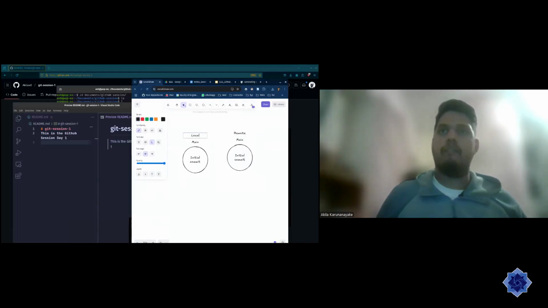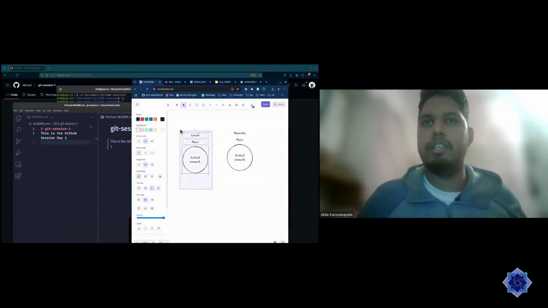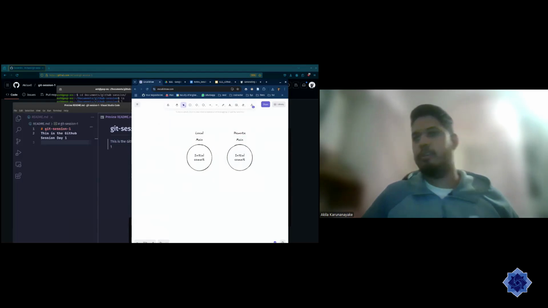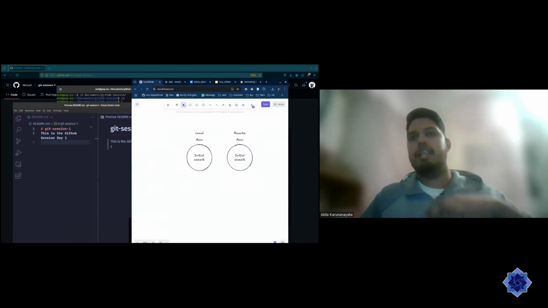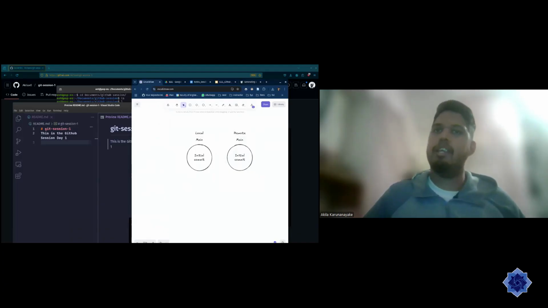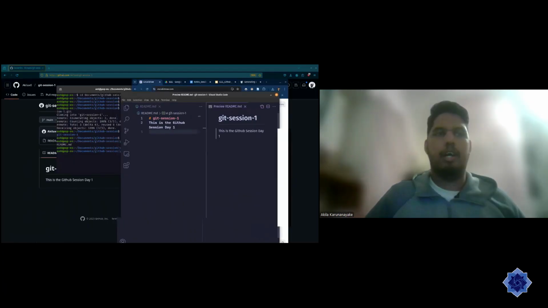We have created our local version, right? So this is the remote repository that is on GitHub. And now through git clone, we have taken it into our local. So if we go and check,